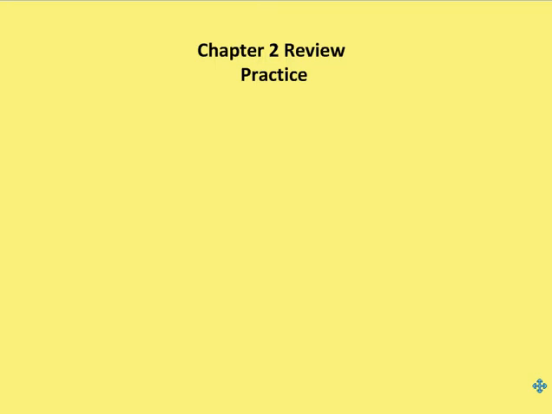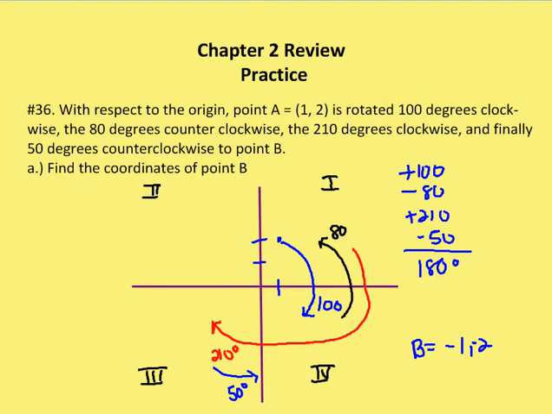In this edition of Auten Math, we're going to tackle a problem for the Chapter 2 review, which involves translations and rotations of a particular point in an XY coordinate plane. So the only question we have is number 36, and the question asks, with respect to the origin, point A is 1, 2, coordinate 1, 2, x is 1, y is 2. It's rotated 100 degrees clockwise, then 80 degrees counterclockwise, then 210 degrees clockwise, and finally 50 degrees counterclockwise to point